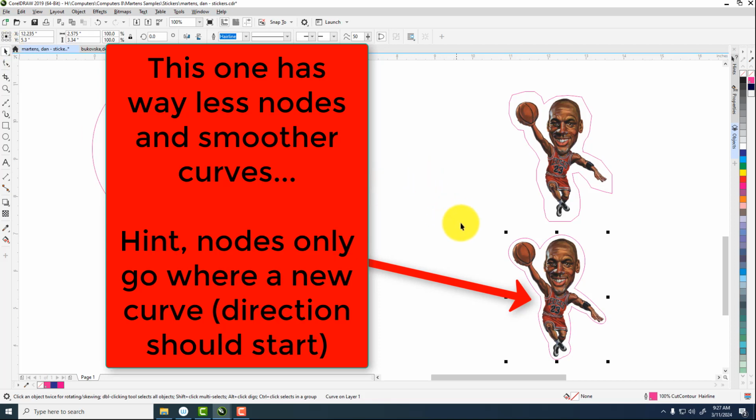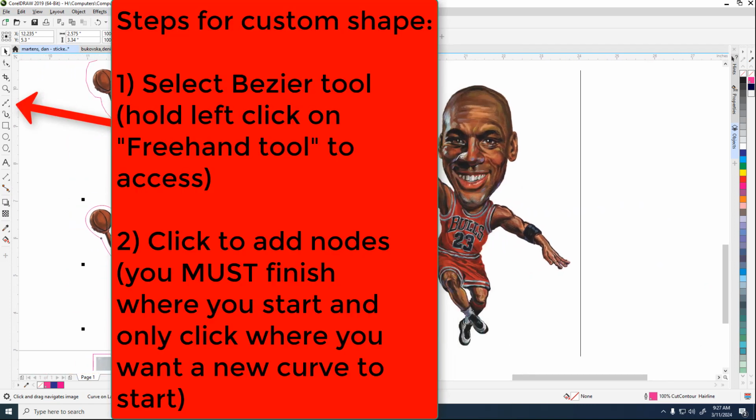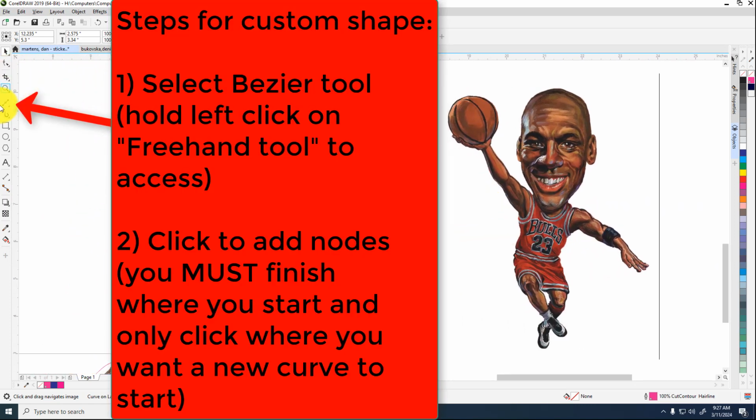Now, in order to do this, what you're going to do, and it will take some practice, is go to, first of all, the Bezier tool. So the Bezier tool is this one right here. You'll have to hold down your left mouse on your freehand tool and go to the Bezier. Now, a couple of important things about the Bezier tool. Whenever you click, you make a node, and you want to add the nodes wherever you'd like to start a new curve. So if I click here under Michael Jordan's shoulder right there,